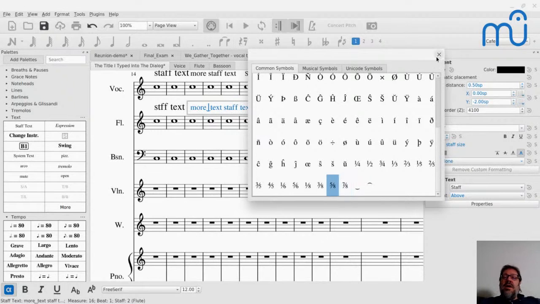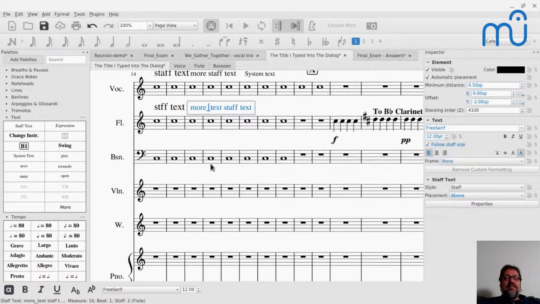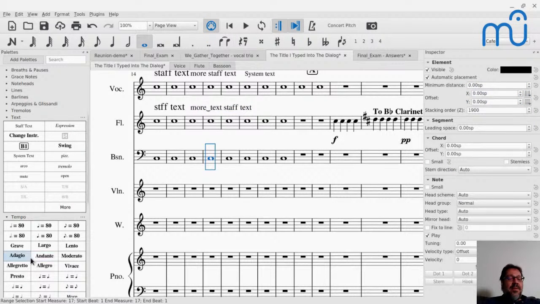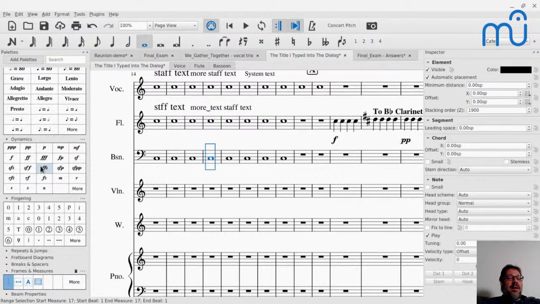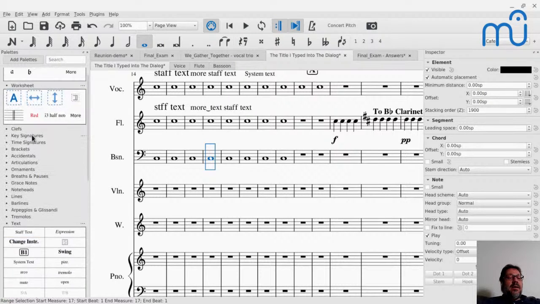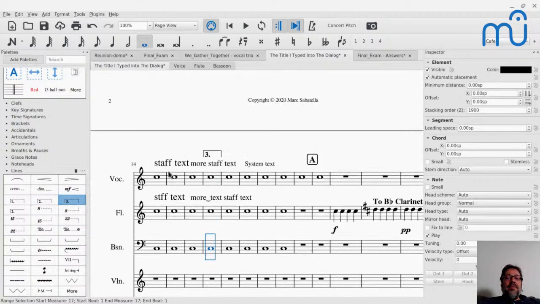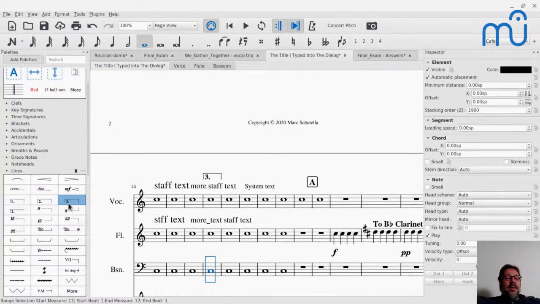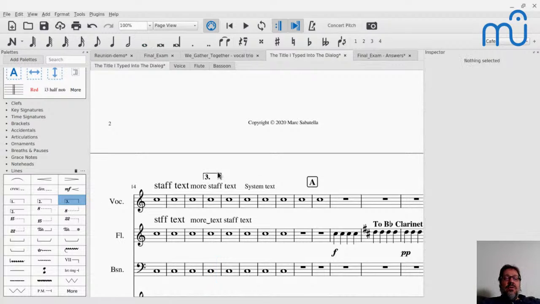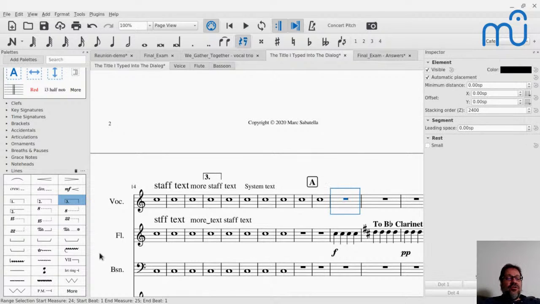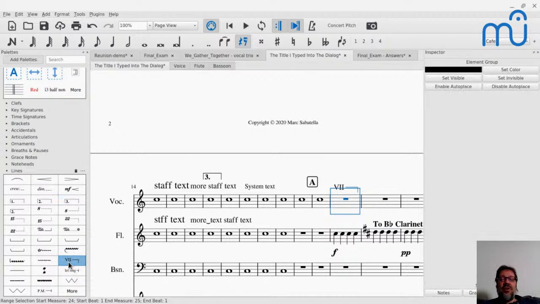Yeah, I've gone on quite long here, but I think I've covered everything that I wanted to cover. And Volta's okay. There's one other kind of text, though not that you are specifically asking about it: some text is part of a line. If I add a line like here, Voltas have their own text, right? The Volta by default shows up over the top staff. Or if I add one of these other line types, like this one here that's used for guitar specifically, but it's really just a generic text line.